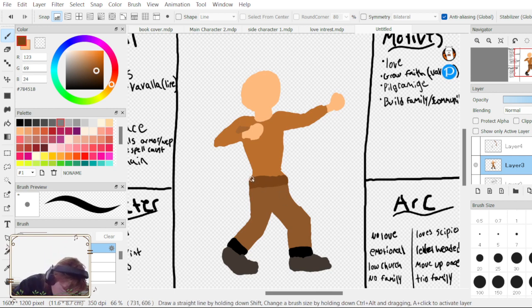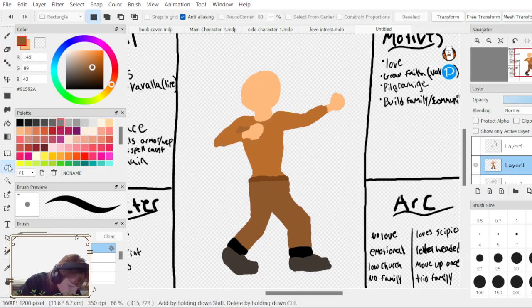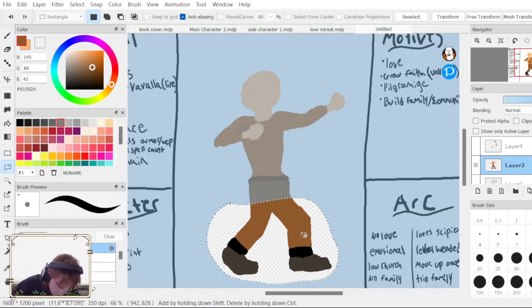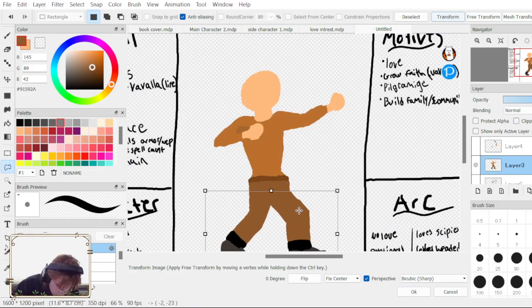I think I need the belt to be a little bit more. That is a belt, so it needs to be a little bit thinner. But then I think I need to bring this up.